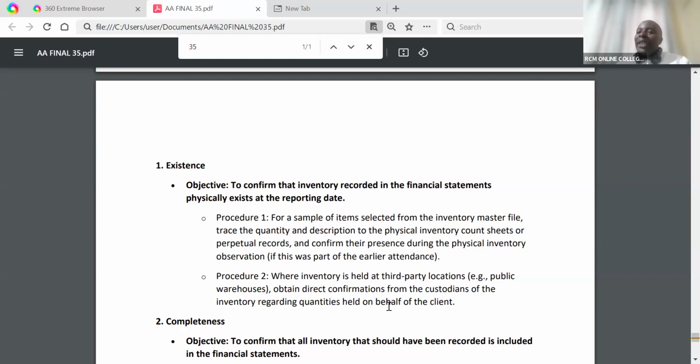Where you have agents selling for you and you've taken these vehicles to your agents, as an auditor I have the right, through your permission, to talk to those agents to tell me exactly what they have that belongs to you. Now, remember one of the assertions is completeness. In many cases, these directors may capture things that are not complete. Why? As I told you,